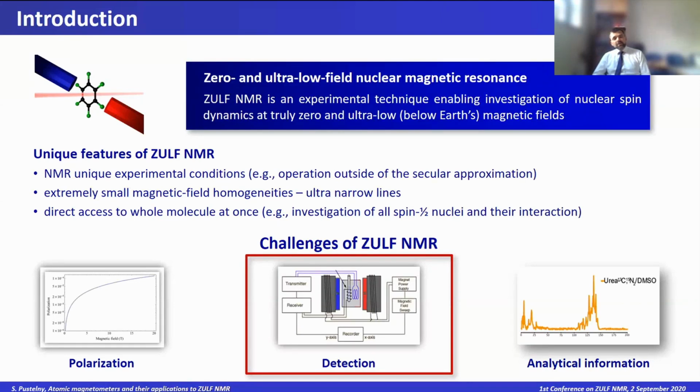And we have heard about the problems. One of them is polarization. So you have to find an interesting and maybe smart way of polarizing your sample, preparing your sample before you measure it. And we've heard about remote polarization, when you pre-polarize your sample somewhere outside, and then this sample is transported into a low or zero field region where you can investigate its evolution.